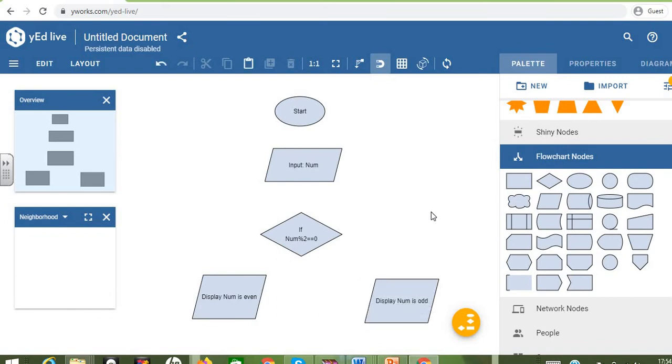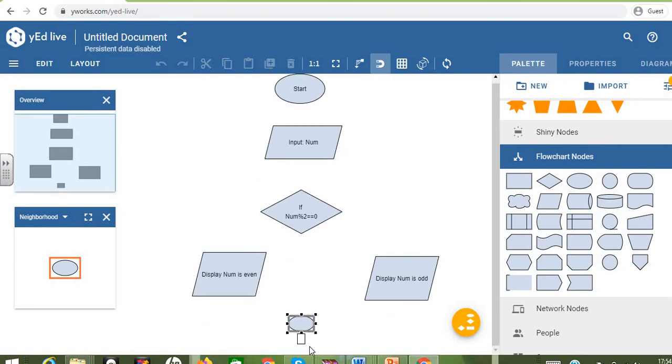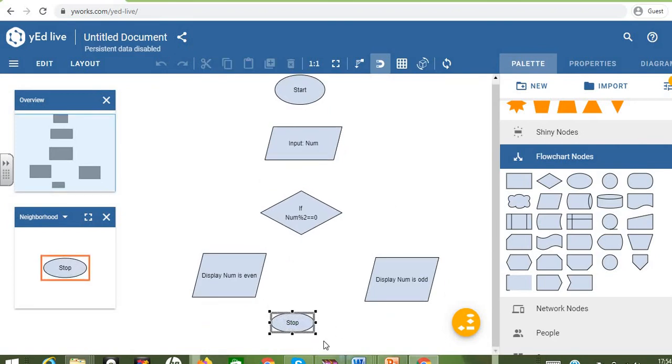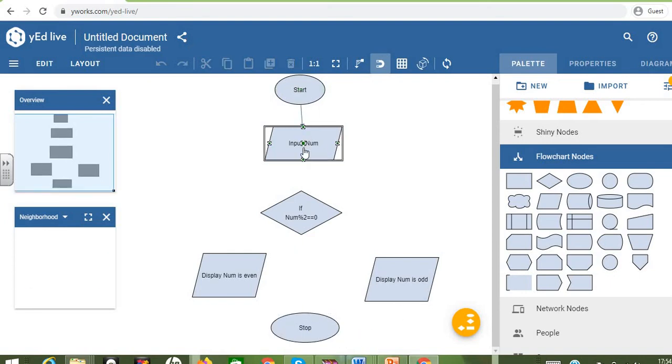Otherwise the number is an odd number, right? Go for the stop box. Right? So let us connect all this.